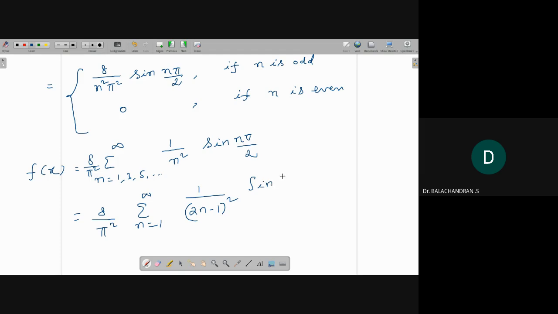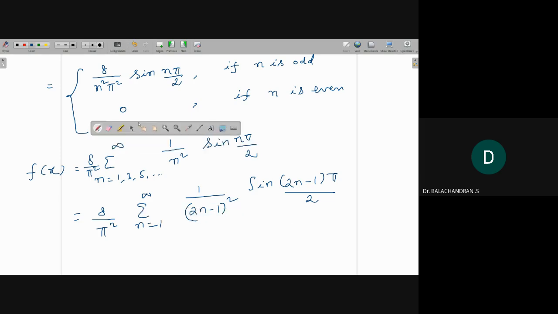Instead of n, you can replace 2n minus 1 pi by 2. So I think you can stop here. But the book answer, they write like this. Okay, you can stop here, but if I also write the book answer, 8 by pi square